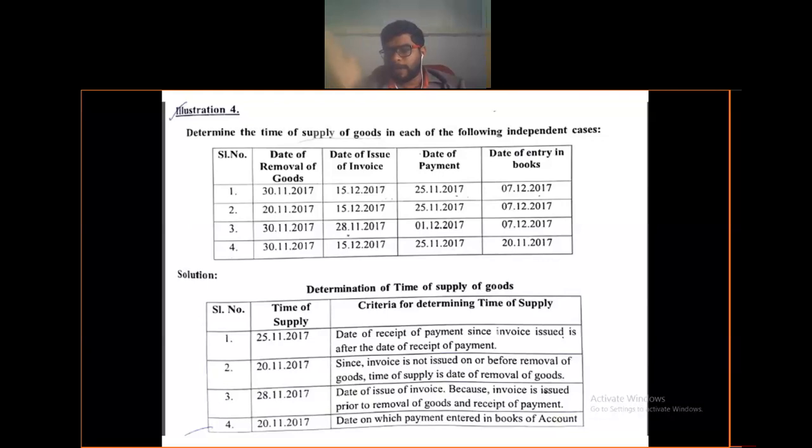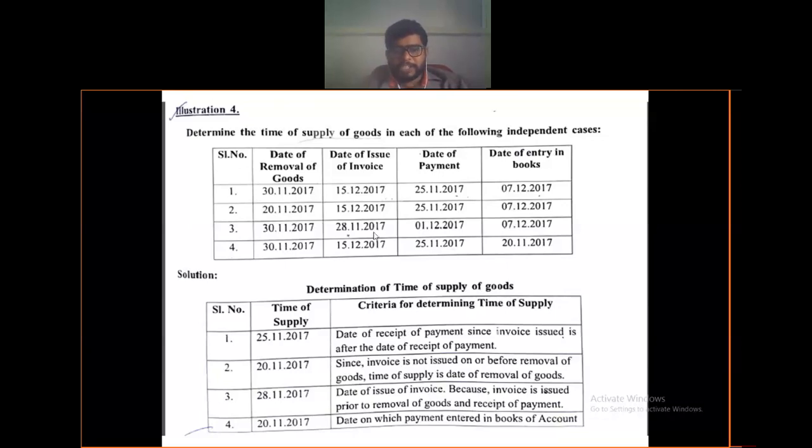The rule will be different for calculation of time of supply of goods and time of supply of services. In the case of services, within 30 days they have to issue the invoice, and in the case of banking and insurance services, 45 days is the maximum limit that you have to concentrate on. That problem we discussed in the second problem, kindly go through.